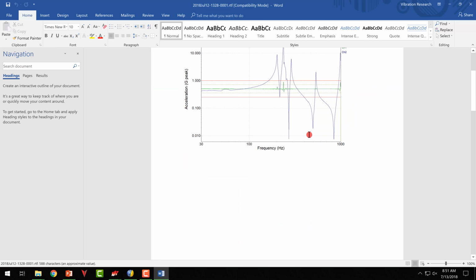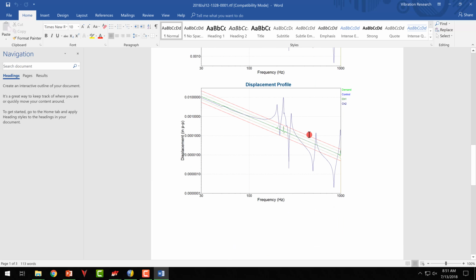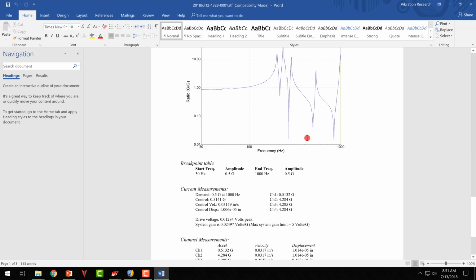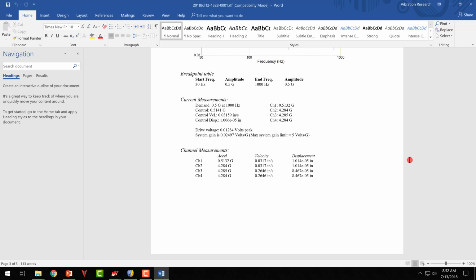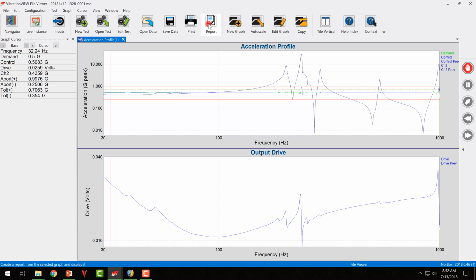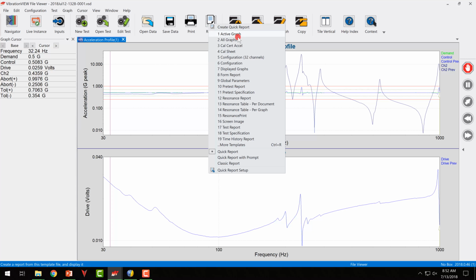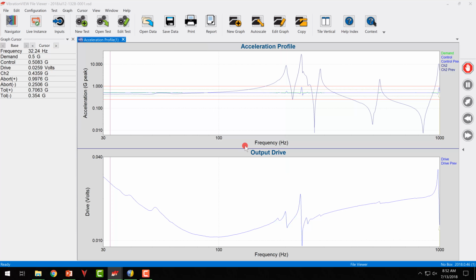There's my quick report: acceleration, velocity, displacement, and transmissibility, and some extra information. I can also right click and either pick a report out of my template. I can hit more templates